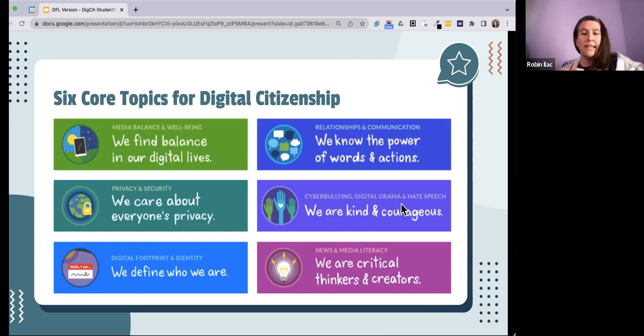I think the one that really resonates with me the most, and I'm thinking this in terms of what you had mentioned earlier, how some parents or some people will say, well, that should be taught at home and something different should be taught at school. So the privacy one, we care about everyone's privacy. I feel like with what we've all gone through with COVID and now coming kind of on the other end, hopefully, fingers crossed, those lines have been blurred even more, because educators were really in the homes, right?